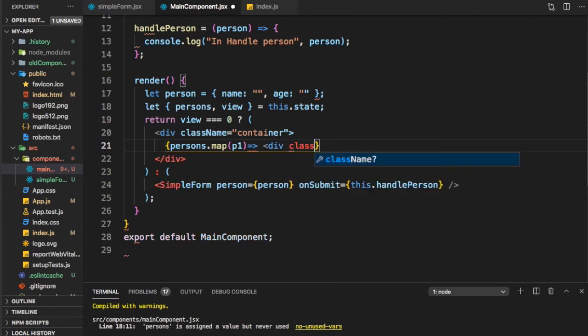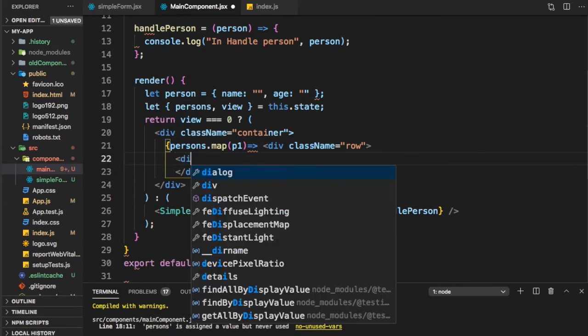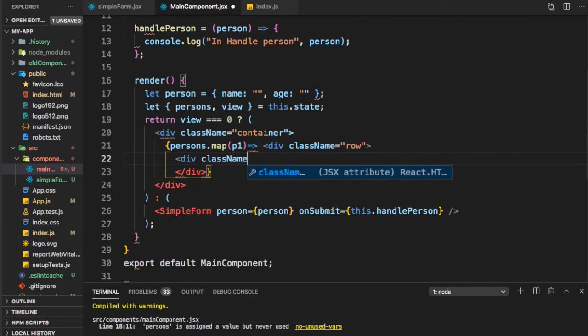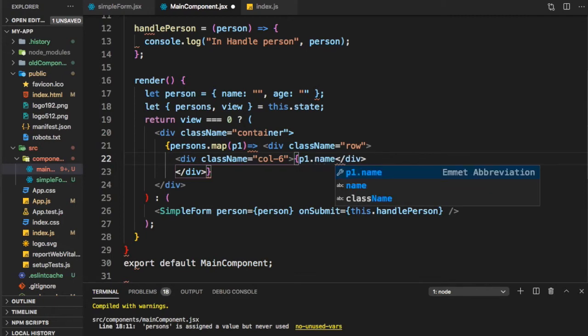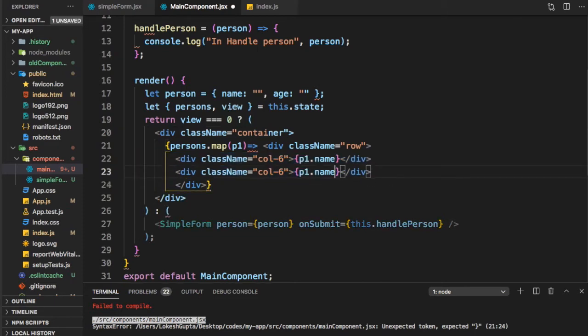Div className is equal to row, and within that what we will show are the columns. So div className is equal to col-6, p1.name, and p1.age.